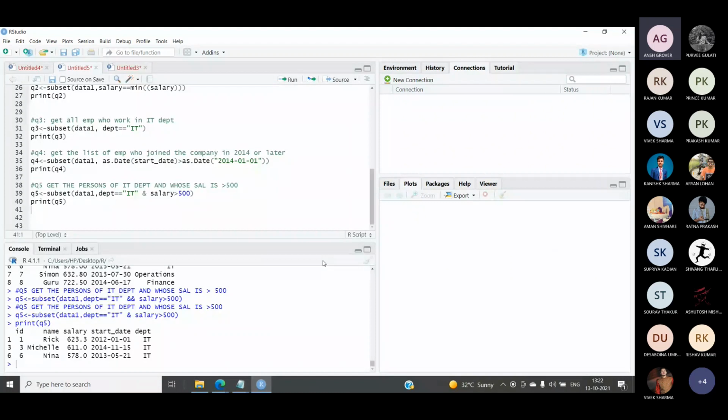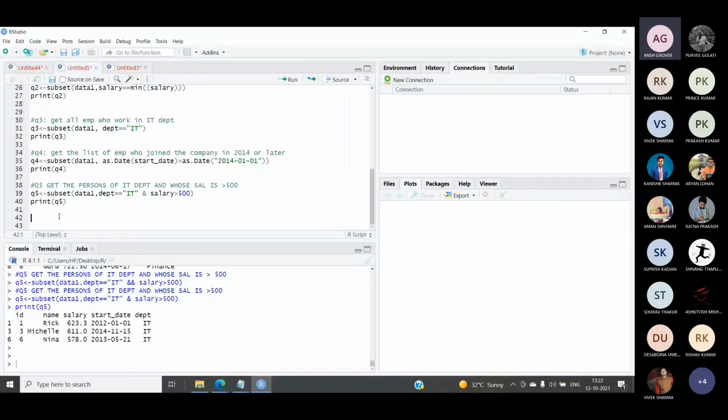Fine. So this was about importing CSV files and analyzing the CSV file, getting the data from the CSV files. Now let's do the opposite to this, that is writing into a CSV file. Writing. Yes, Fateh, yes.